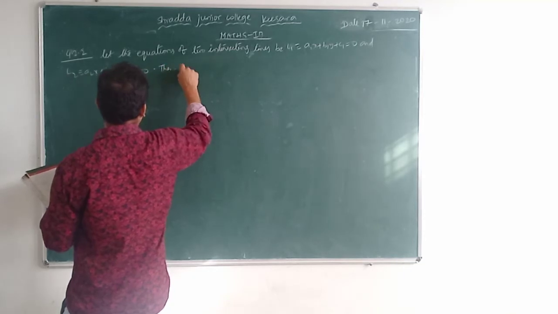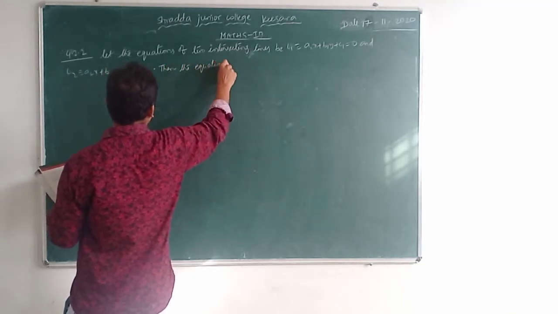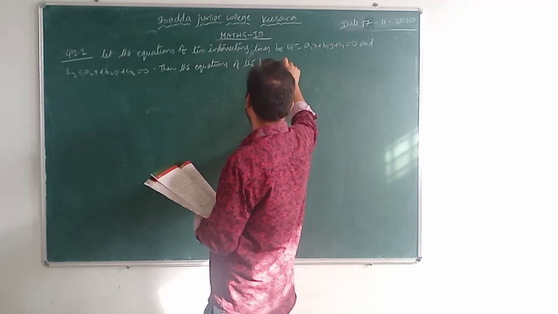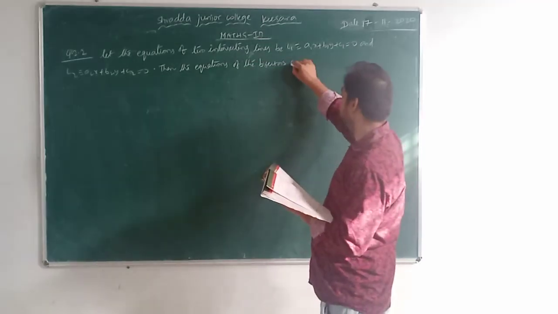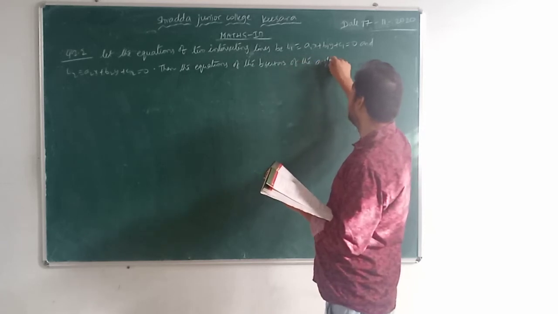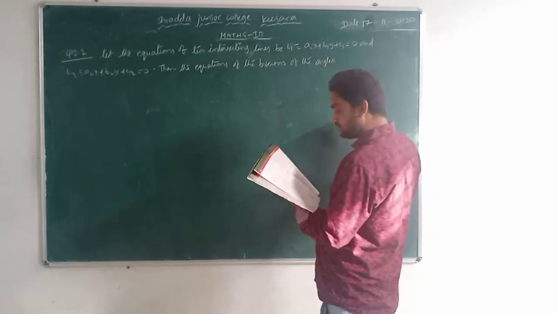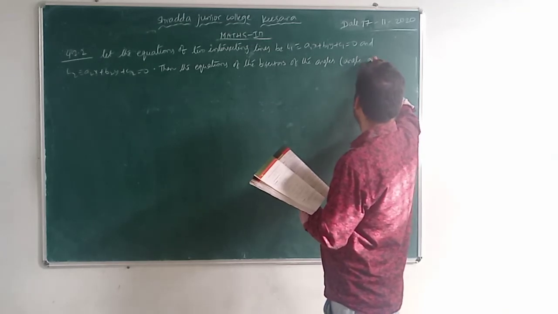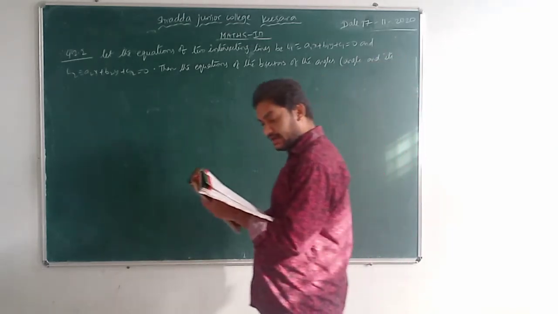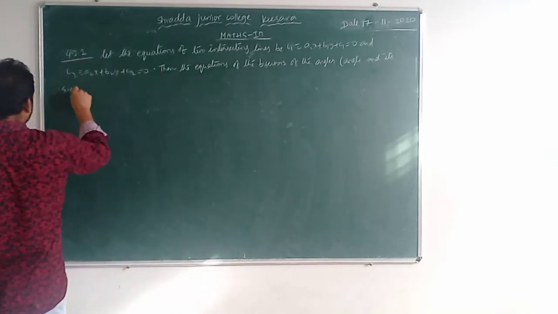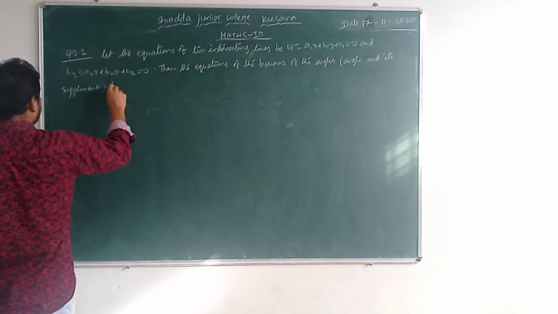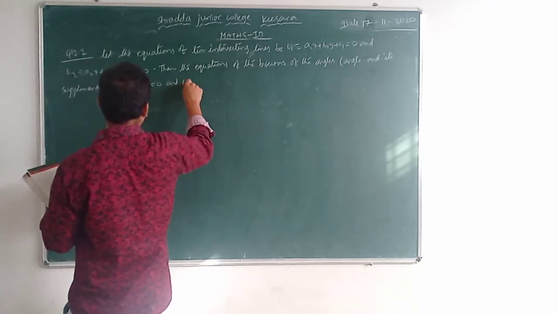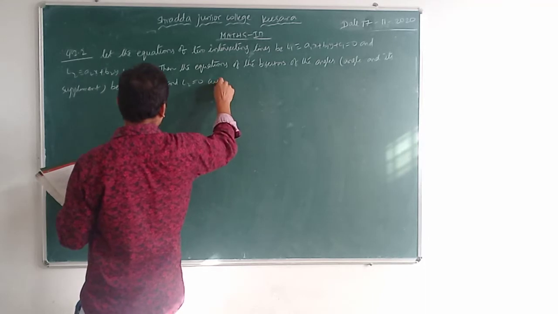Then the equations of the bisectors of the angles (within brackets, angle and its supplement) between L1 equals 0 and L2 equals 0 are